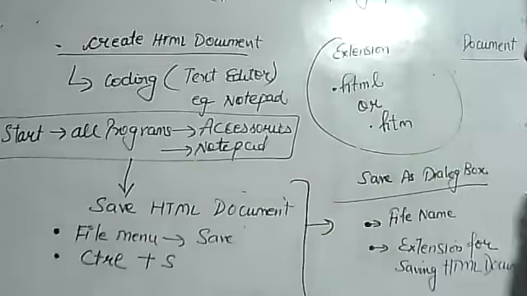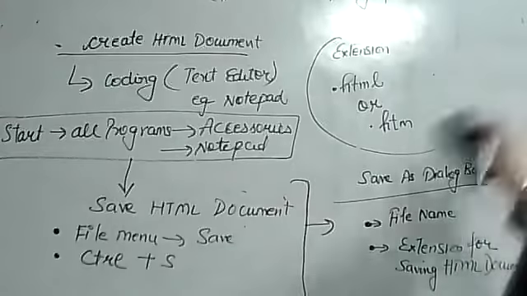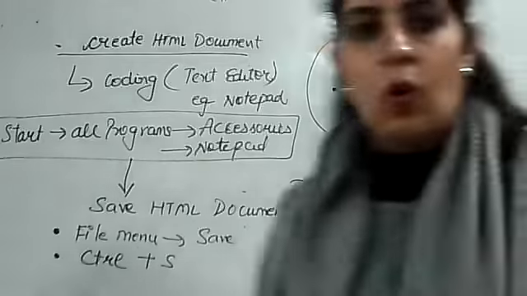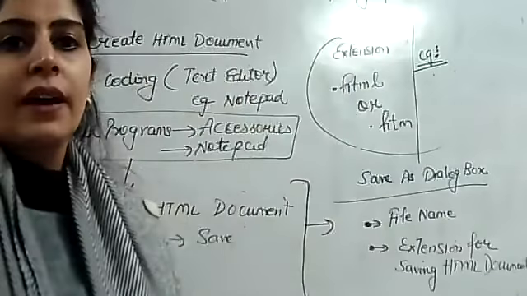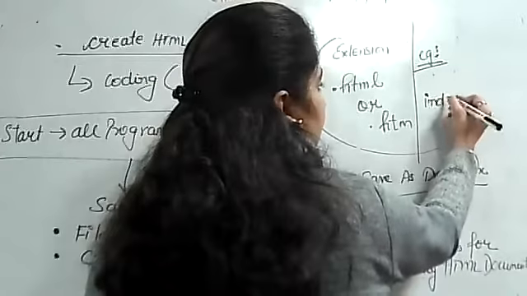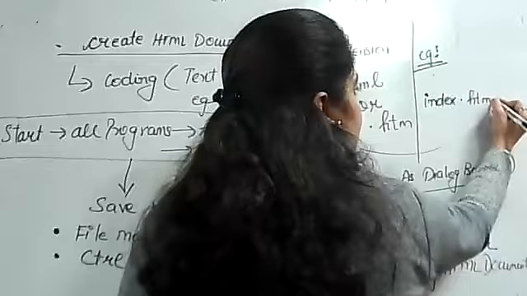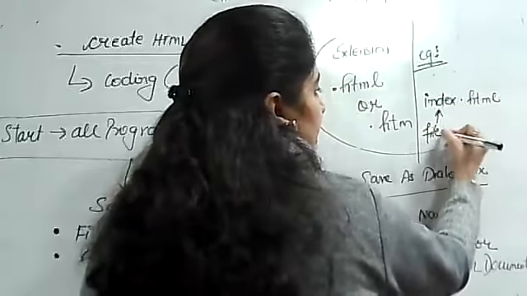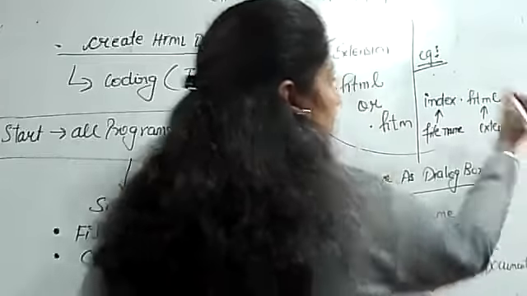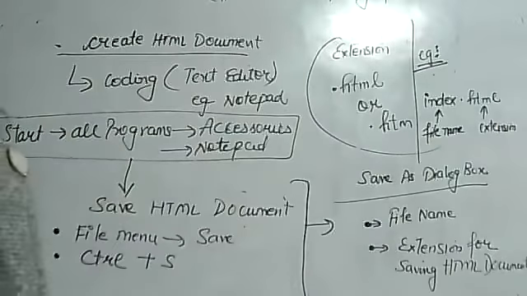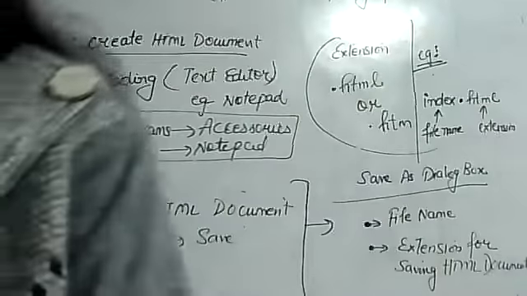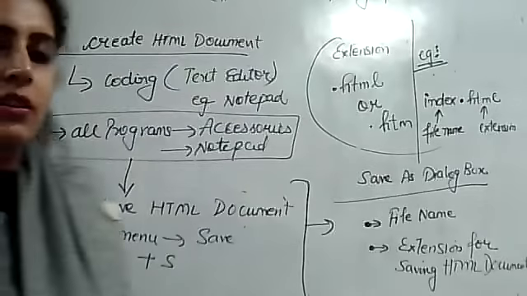.html or .htm. फॉर एग्जाम्पल अगर मुझे अब सेव करने हैं तो मैं कैसे करूंगी सेव? मुझे होम पेज बनाना है, तो होम पेज के लिए मैंने आपको पहले ही बताया, होम पेज हमारा इंडेक्स पेज होता है. तो आप इसको कैसे सेव करोगे? फाइल नेम फॉर एग्जाम्पल मैंने यहाँ पे इंडेक्स दिया .html. इंडेक्स मेरा यहाँ पे क्या है? It is a file name. .html क्या है? एक्सटेंशन. Clear? Index.html, where index is a file name and .html is an extension.